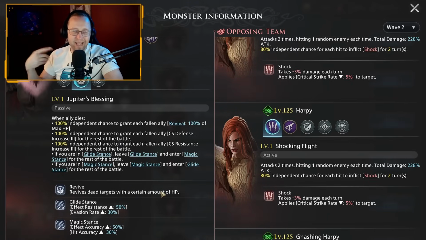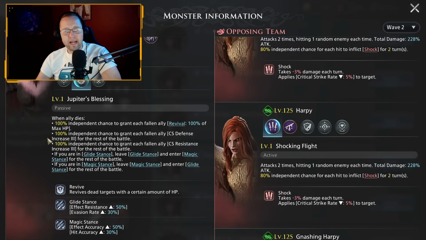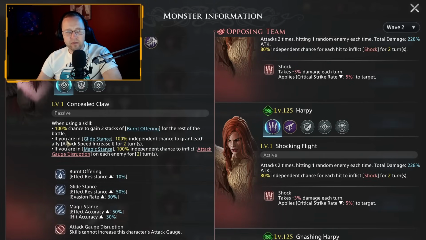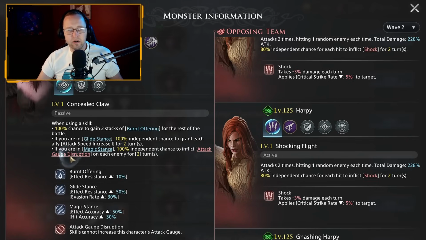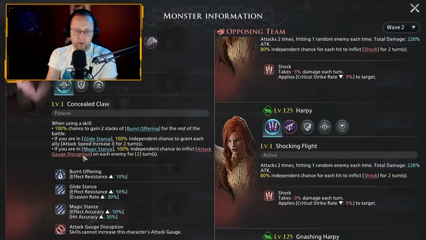Kill the adds, kill the adds, kill the adds. When an ally dies, did we talk about the rest of this? If she is in glide stance, there's a 100% independent chance to grant each ally attack speed increase for 2 turns. So she's going to be speeding up her adds. If she is in magic stance, then she's going to inflict attack gauge disruption on us, her enemy, for 2 turns. Meaning we cannot manipulate our own attack gauges,